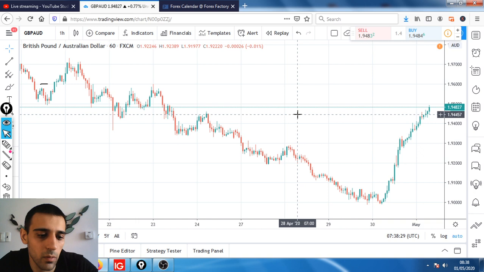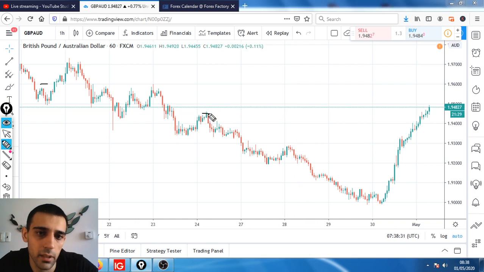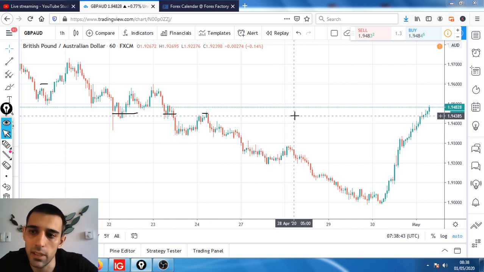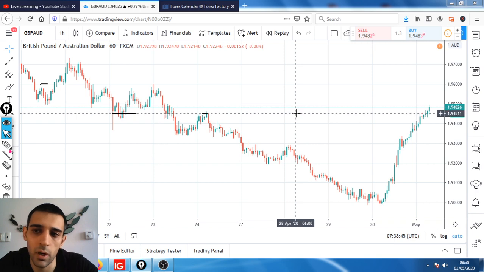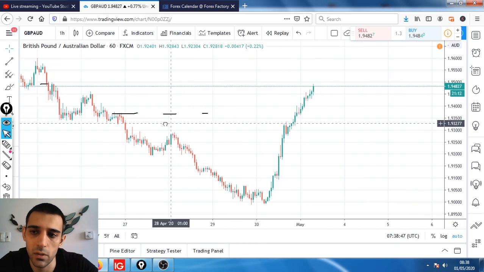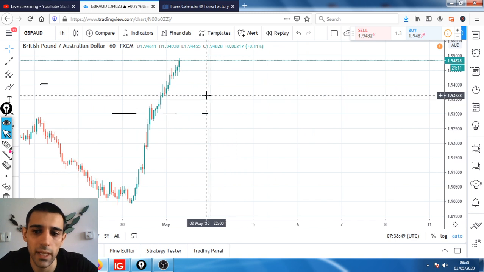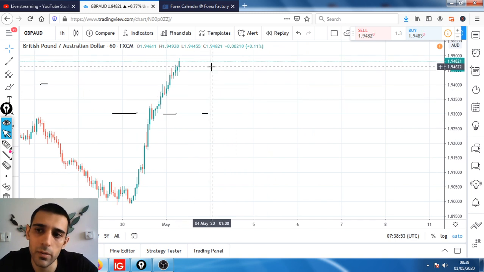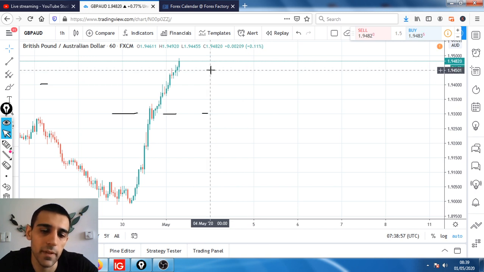We got quite a bit of price action going on in here. We got these highs, these lows, and also these opening and closing prices. We have these spikes in here too. So there's quite a bit of price action going on, so we can use this one as an entry. As I said, the 94.50 zone, if the price retraces, and it has to do it in the next hour. So that one is around here, 94.50.